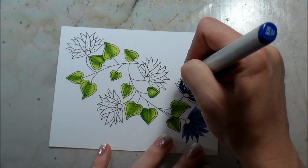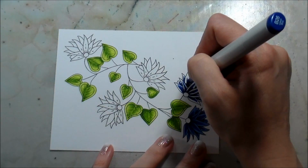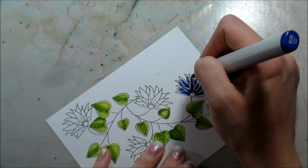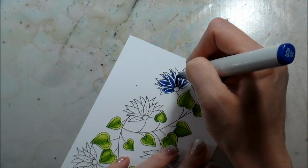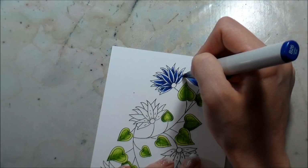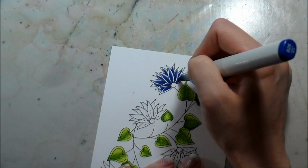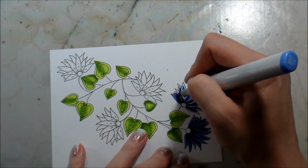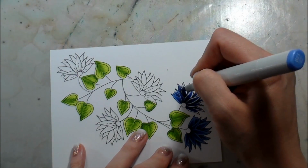I don't know what it is about a navy and a neon green, it just totally sucks me in. They're not even like spring colors. I just really love the way that they look together. I'm a sucker for the bright colors. I just adore them. So once I get the lightest color on here, I'm going to go color the rest